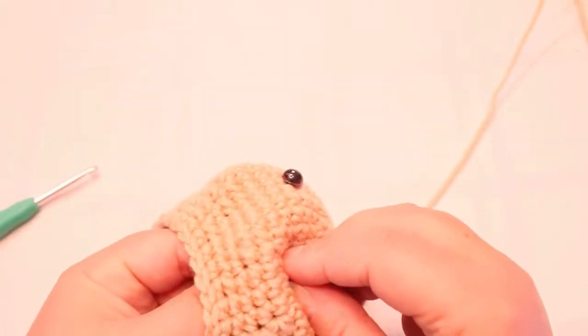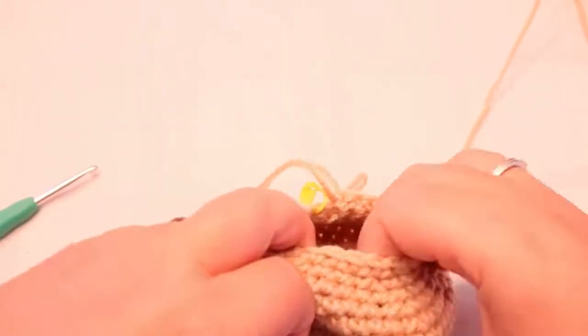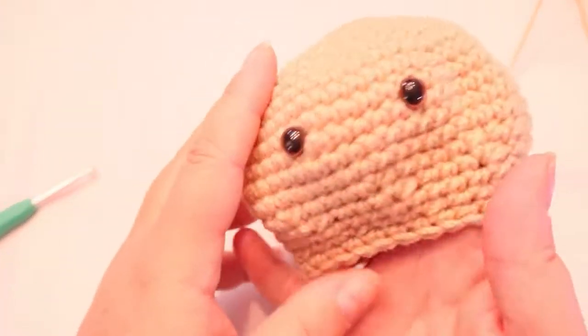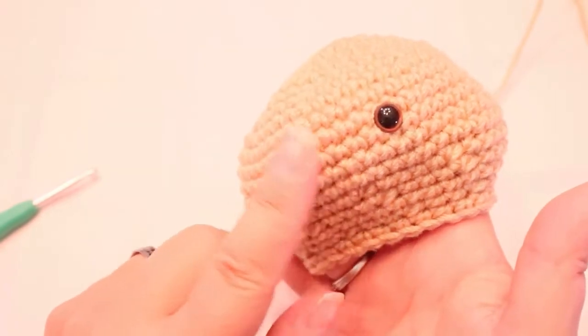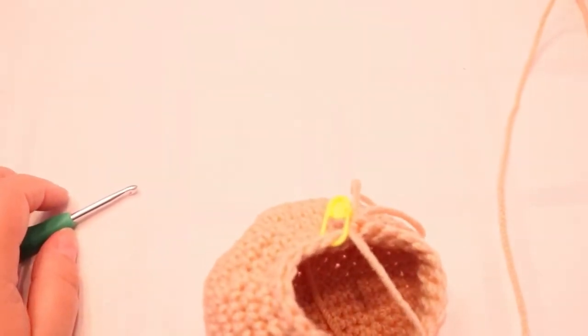So once you think you've got it where you want it, there we go. The nose and the mouth get sewn on, so that's it. You can put some stuffing in this now,